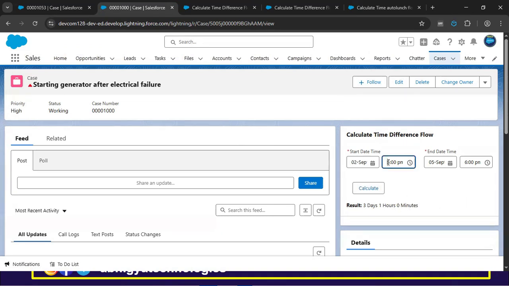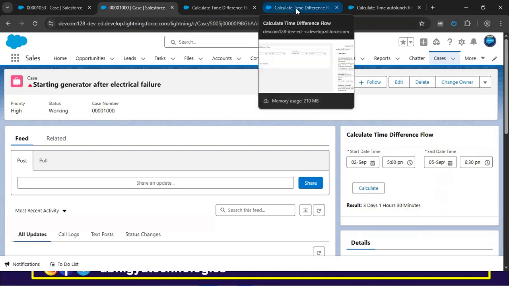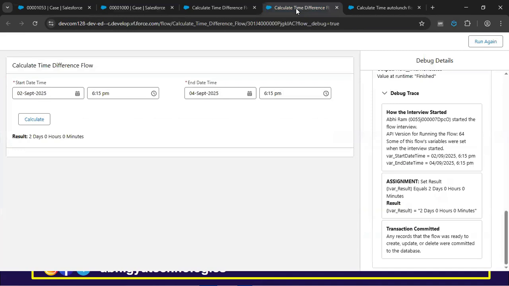Okay, 1 hour is because this is 5 p.m. and this is 6 p.m., so 1 hour and 3 days. If you give something like 6:30, it is 3 days, 1 hour, 30 minutes. Okay, so like this we can calculate the time difference between the two dates,